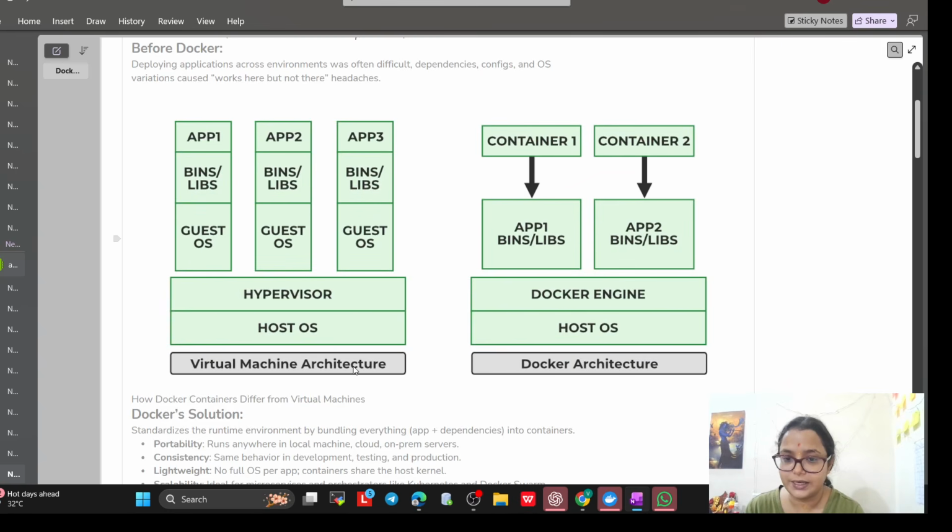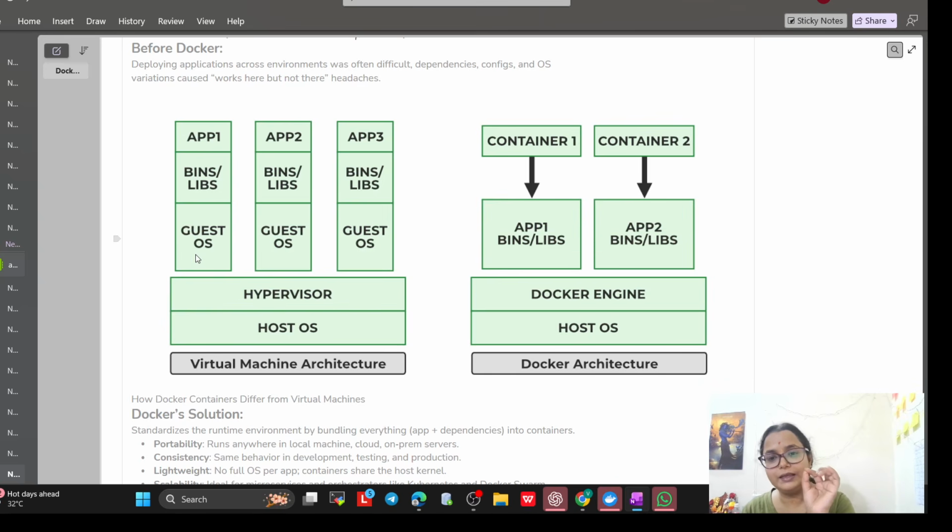This is virtual machine architecture. This is the host OS, and on top of the host OS, the hypervisor was there. Now, for example, guest operating system 1, 2 and 3 are there. Everything was on top of the hypervisor. So bins, libs, everything is there. This is virtual machine architecture.